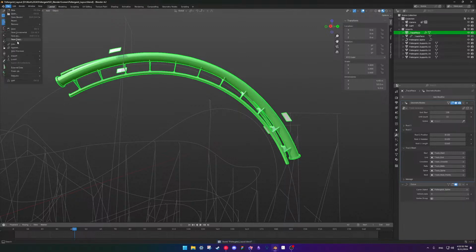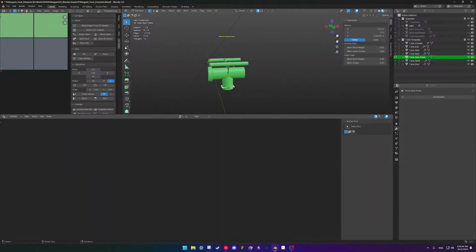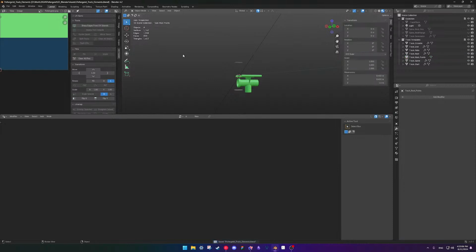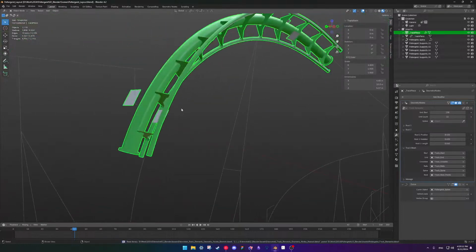Let me also go back to the other file. There's one thing I messed up here. I want the x values to be 0. I'll make this 0.8. It's also negative 0.8 for my sanity. Save that. We're going to go back. Cool. So now that puts it back to where it was.